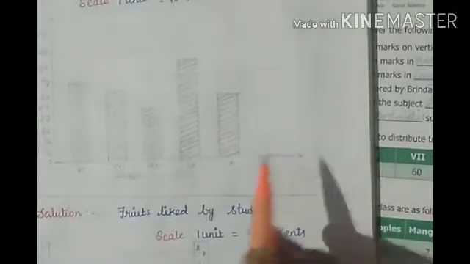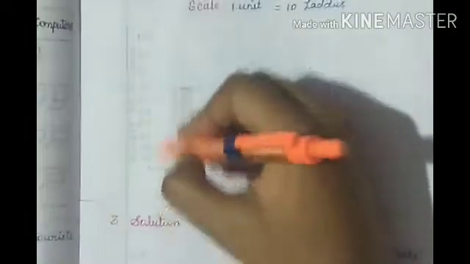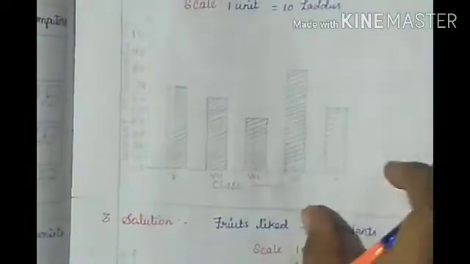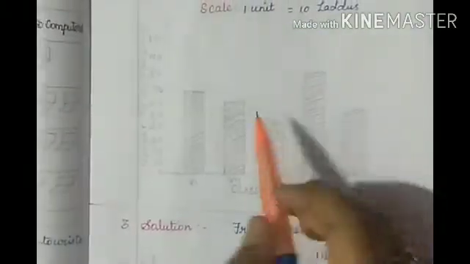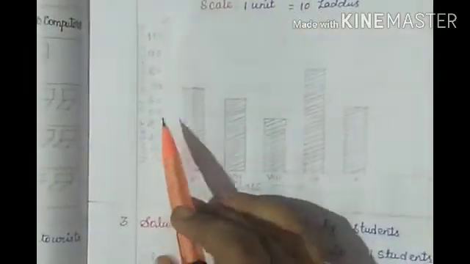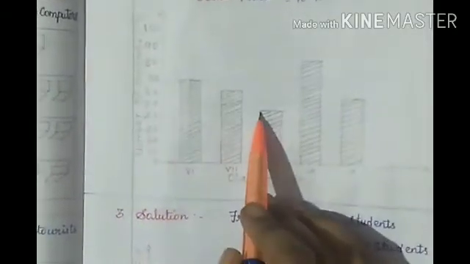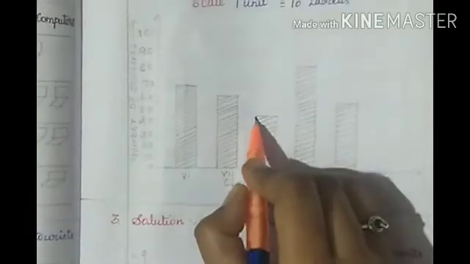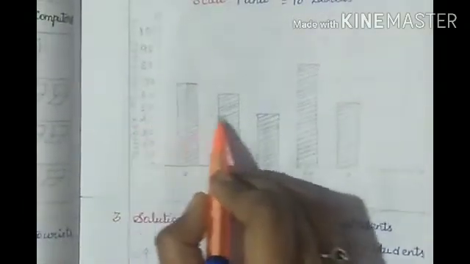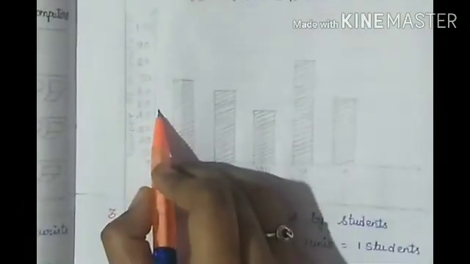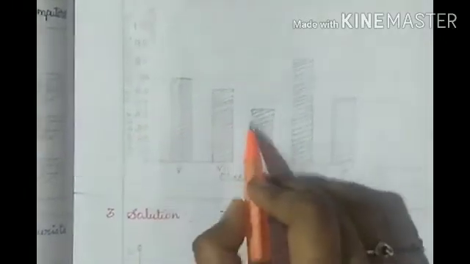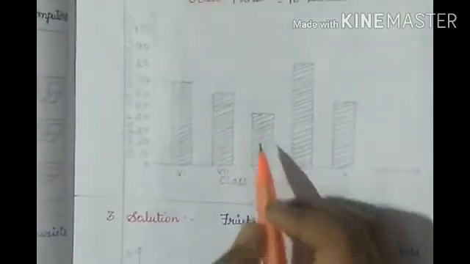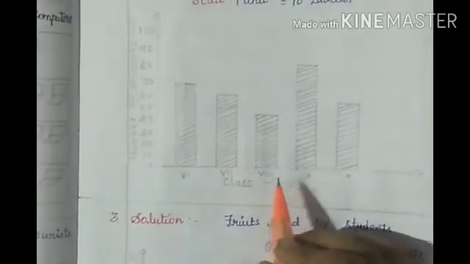Now class 8, 45. How to draw for 45? We have only the units 10, 20, 30, 40. How to draw it? Listen children, listen carefully. 45 lies between 40 and 50. In between 40 and 50 you have to stop drawing. Start from 0 and end with 45. In between 40 and 50 you will have 45, so you draw up to that 45 only. Now just draw that and shade it. This is for class 8.